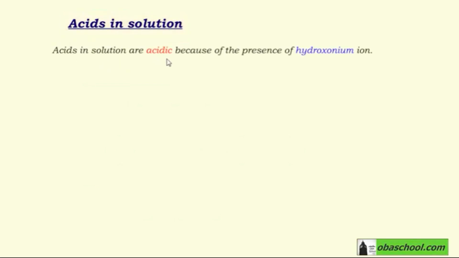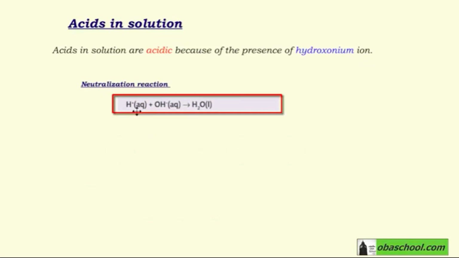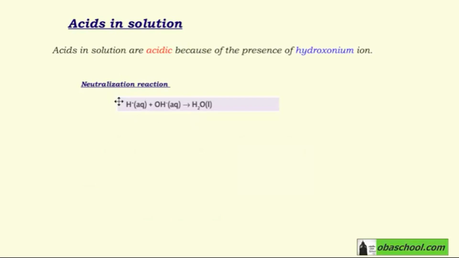Now we'll talk about acids in solution. Acids in solution are acidic because of the presence of hydroxonium ion, which is the H3O+. If we want to write the neutralization reaction, we get H+ plus OH- reacts to give H2O. We talked before about the neutralization reaction, which is acid plus base reacts to give a neutral solution, which is